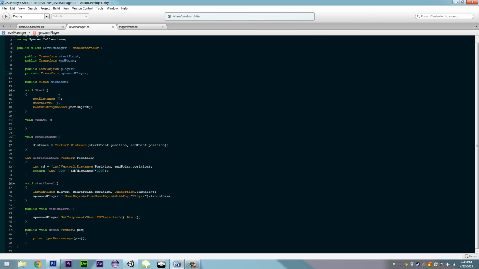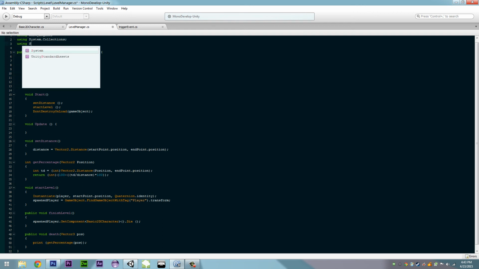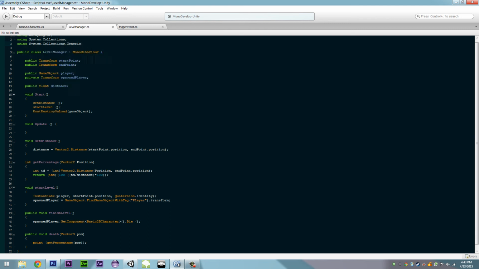So where we'd come from here is with our finish level, we'd have a list up here, like a using System.Collections.Generic list of all the levels that we have, and then we just go on to the next level, and at the final level we'll bring the finish screen, and we're going to do a death screen, but that'll be for the next episode. I've been Storm, and I'll